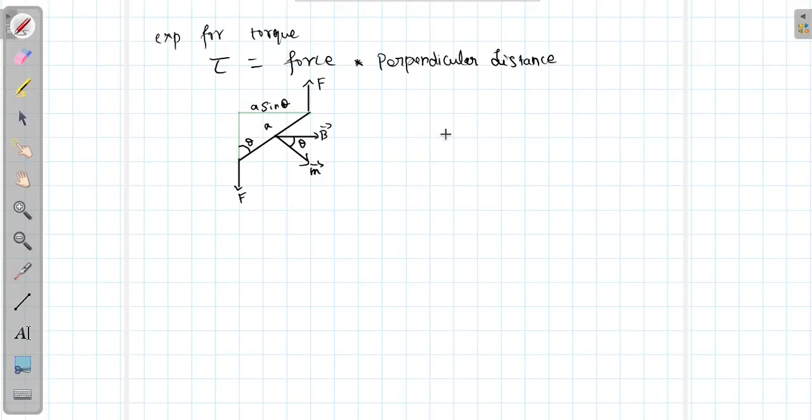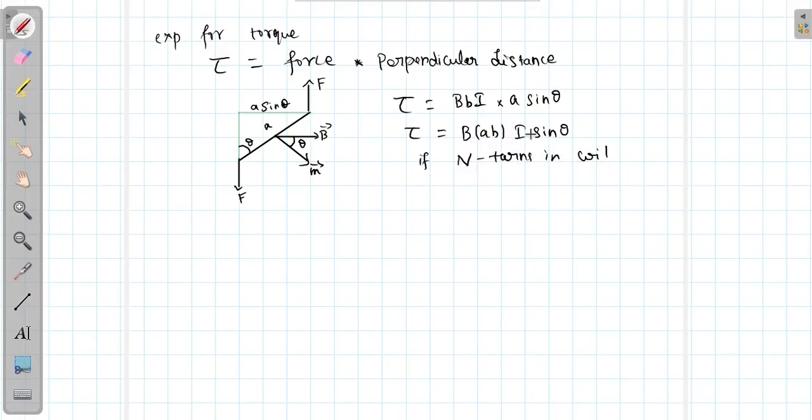Okay, now we'll go for the value. The force is BI, and the perpendicular distance is A sine theta. You take A inside: B, A into B, I sine theta. If there are n turns in the coil, the current is multiplied by n, so the torque becomes